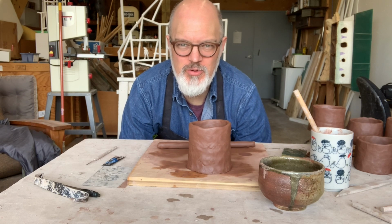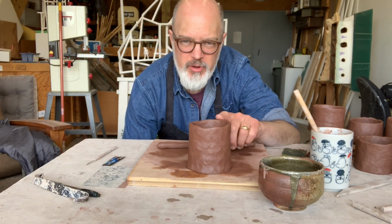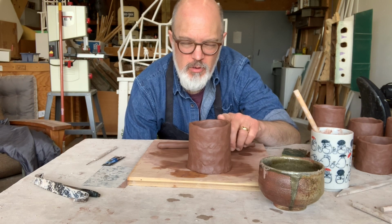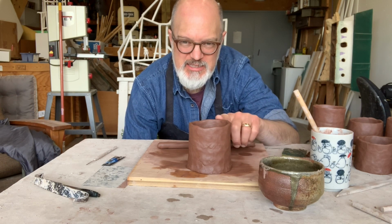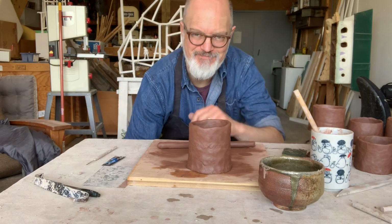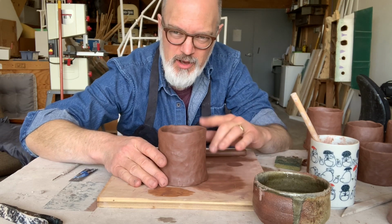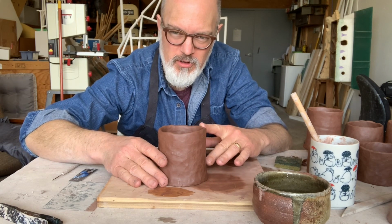I wanted to do a little bit more with the coil built pots and show you about scoring and slipping to make additions, and then how to refine and how to put on a handle. So let's get started. So this was the pot that I was working on last time, the 3 coil